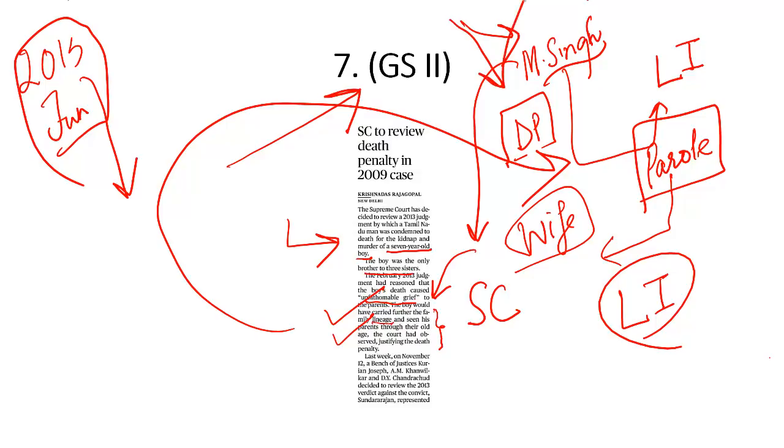So many people compared and said, what is the rarest of the rare case? Is it the kidnap and killing of a 7-year-old boy, or is it the murder and rape of a woman and a helpless daughter by Maninder Singh? And then what has the Supreme Court said? The Supreme Court has said that we are going to review this death penalty in this 2009 case, where many people argued that the Supreme Court has betrayed patriarchal bias while awarding this judgment. That is what you need to understand from this newspaper article, and it again places the focus on death penalty.